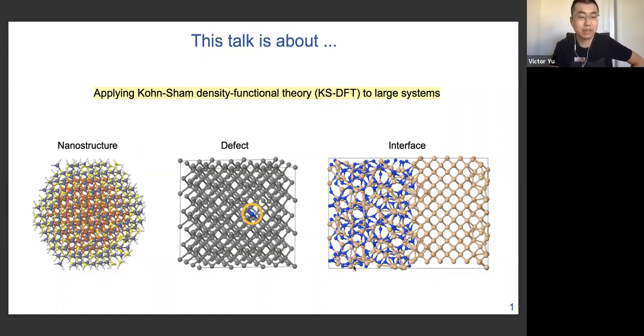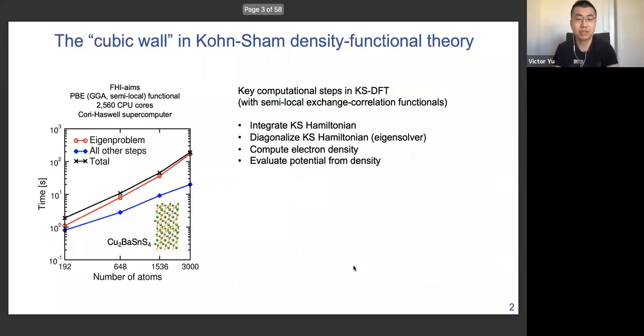When using local or semi-local exchange correlation functionals, the top bottleneck that stops us from simulating very large systems is actually the solution to an eigenvalue problem, which you already saw in the previous talk. I prepared a similar plot, so I don't think I need to spend much time on it. Again, I'm showing you the time to solution of a PBE simulation with more than 2,000 CPU cores on